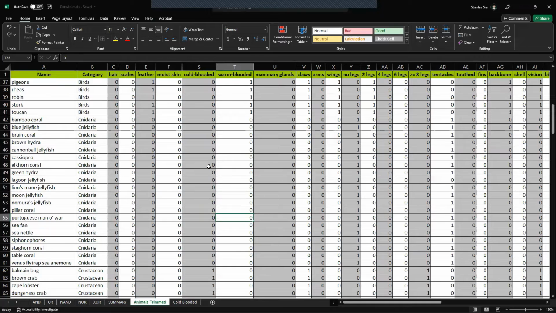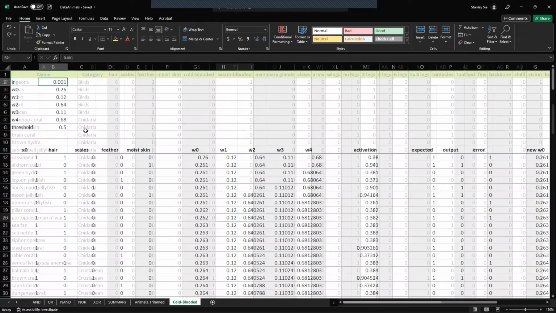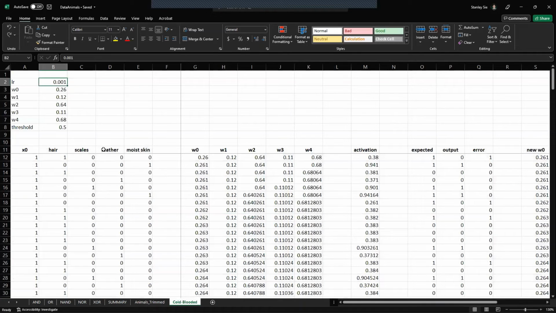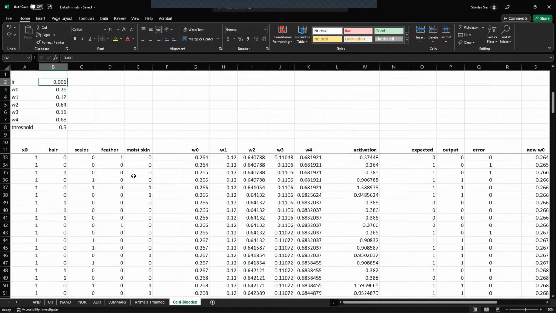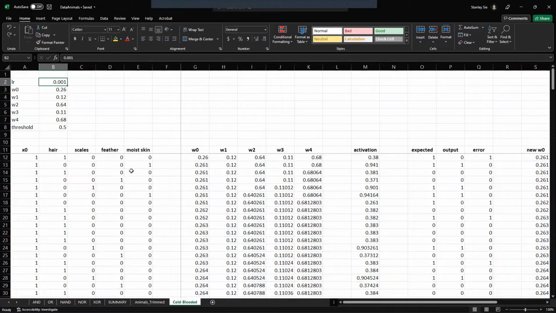There will be no data that is not supposed to be there. So for the cold-blooded, I'm using hair, scales, feather, and moist skin, the same 4 features, without the Cnidaria type. I separate the data into a 90-10